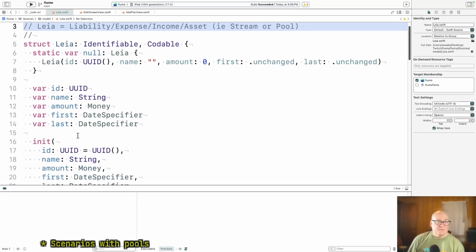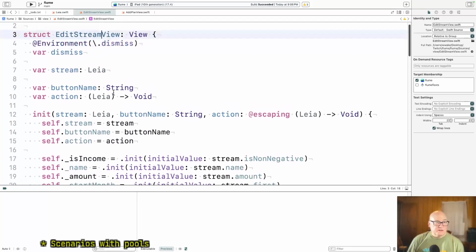Well, you have this null for the case of create, but let's look at the case of editing. So this is the view that's going to do the work to edit a stream, like we popped up in that second window. You have a dismiss button. But the key thing in the pattern we used is, this view is trying to edit some sort of object. Let's pass in that object. So you'll pass in a null if you're doing a create, so it has some defaults, or you'll pass in the existing object if it's an existing one you want to alter.